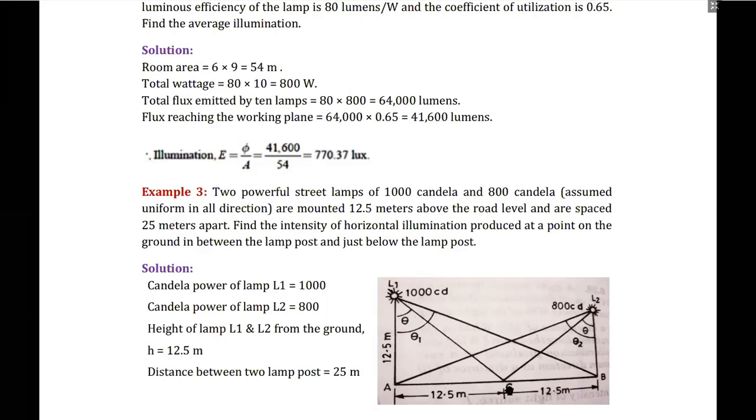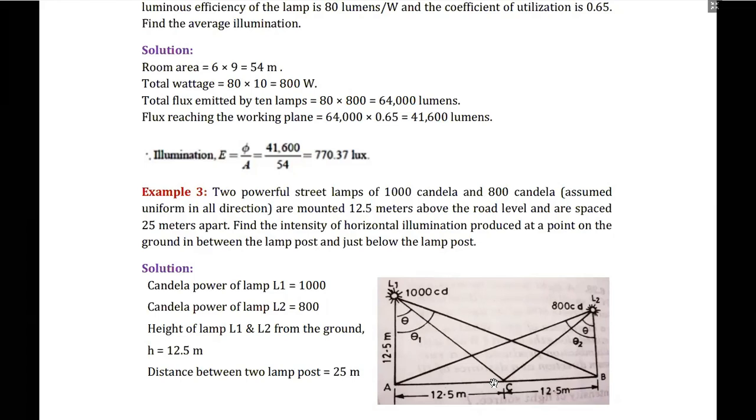Okay. In between the lamp post, let us consider this midpoint, which is at a distance of 12.5 meter from both ends, and just below the lamp post, that is at point A and at point B. तो हम लोग को इल्यूमिनेशन निकालना है पॉइंट A पर, पॉइंट B एंड एट पॉइंट C।